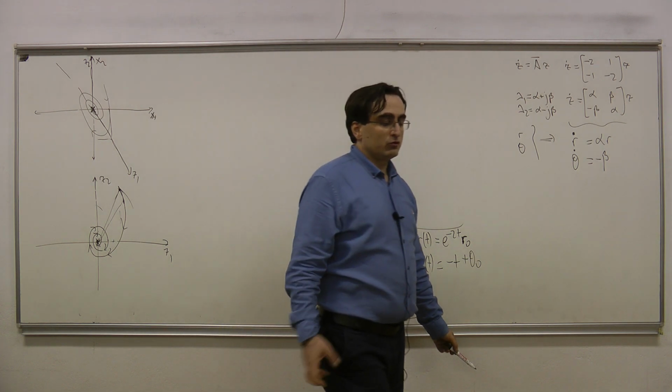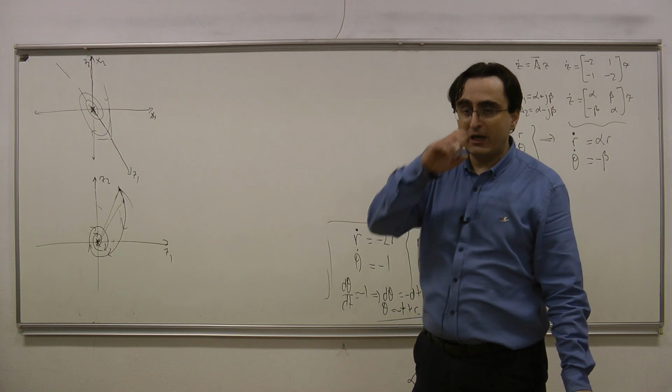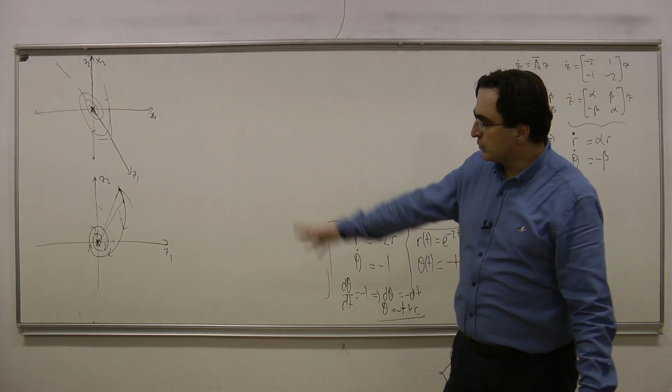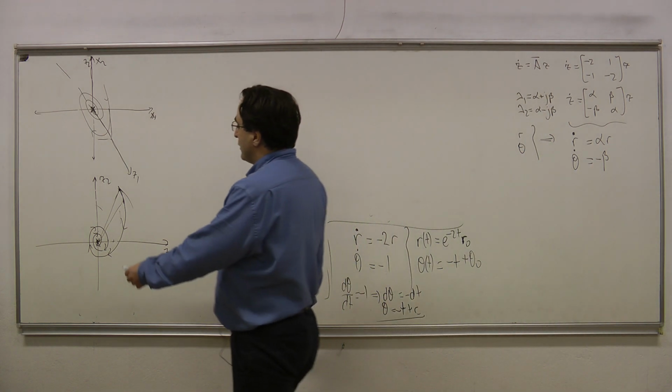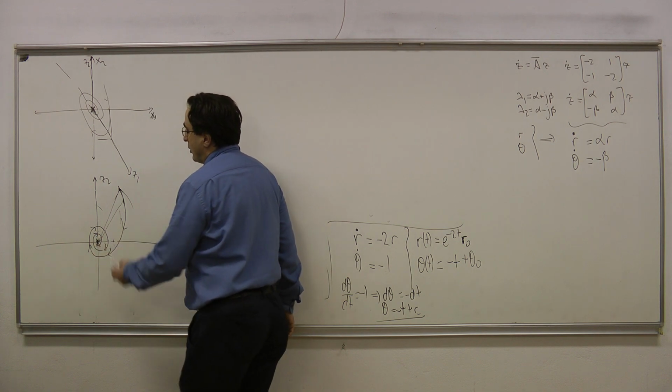So would I call such an equilibrium point a stable or an unstable equilibrium point? This would be a stable equilibrium point because all trajectories around it would always converge